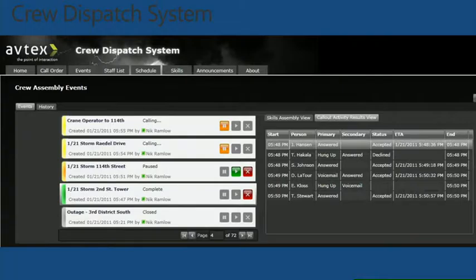Another system that does this is by a company called Avtex. In this particular system, it's a crew dispatch system. Unfortunately, the text is a little bit dark on there. Whenever there is an emergency in a utility, the utility is able to automatically call out to people and say, hey, I need a foreman, are you available?